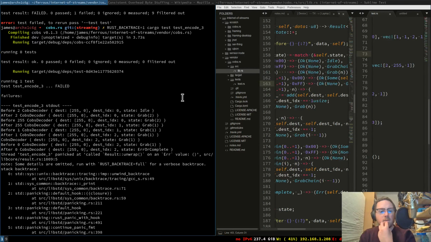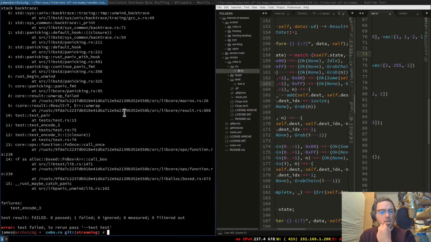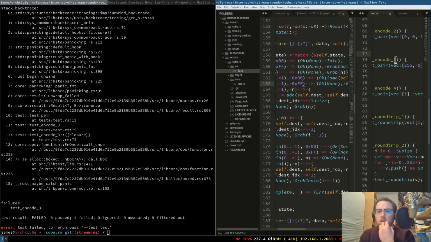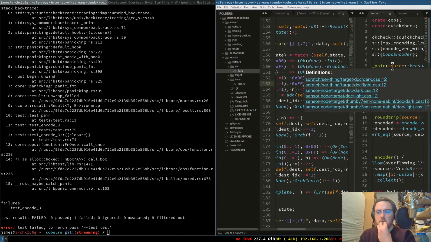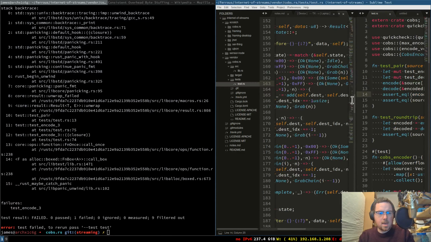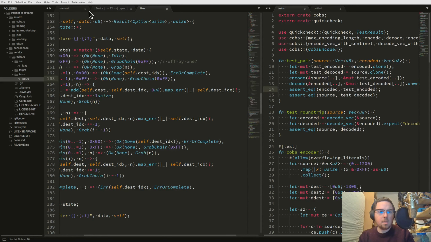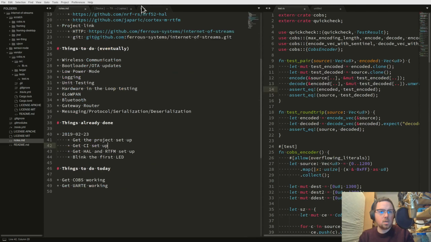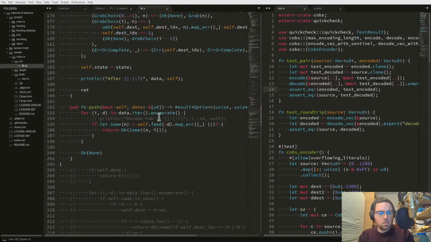Where am I getting that error value? In the test RS 13. Okay, where's test RS 13? decode.unwrap. Okay, something's propagating out an error, so let's go actually look at our... So when we call push,